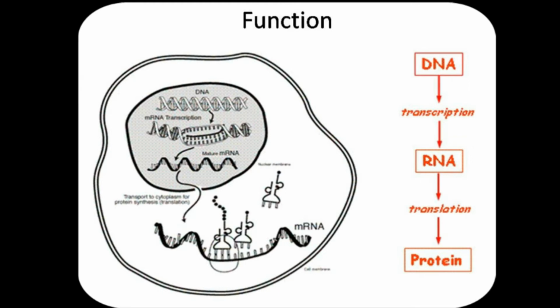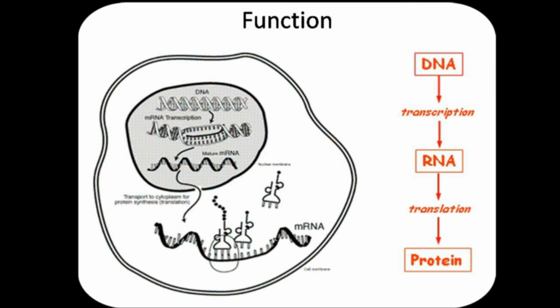And coming to the function of this DNA. What does the DNA actually perform in the living system? You can see the flow chart. DNA is transcribed to RNA and RNA is translated to protein. So what is this transcription and translation? From the DNA, RNA is synthesized and from RNA, proteins are synthesized. This we call the central dogma of biology. This process is the same in all organisms, from bacteria to higher order animals.